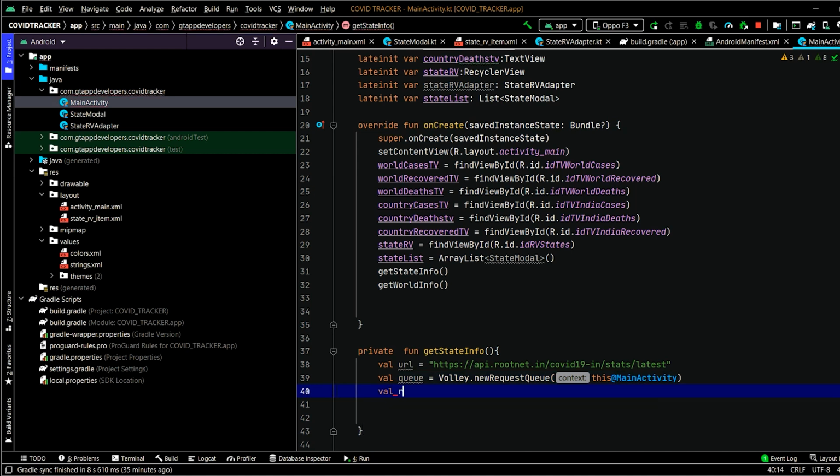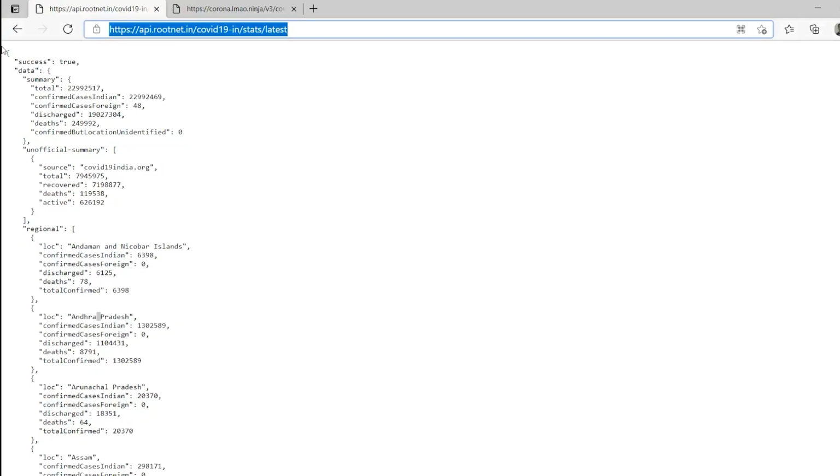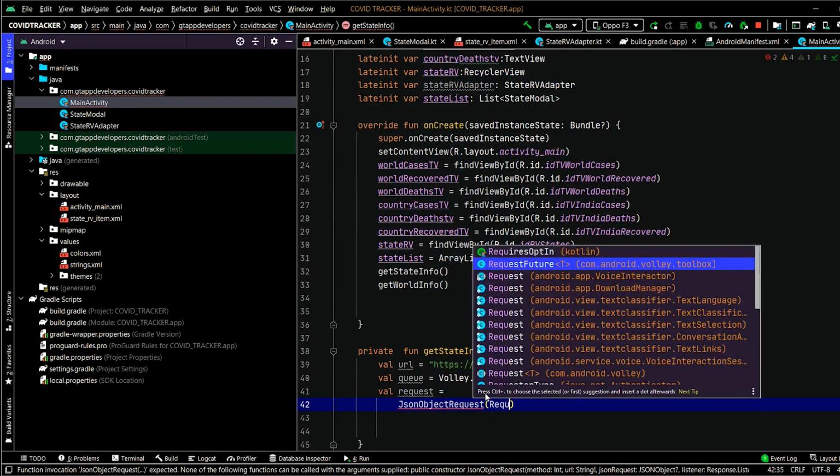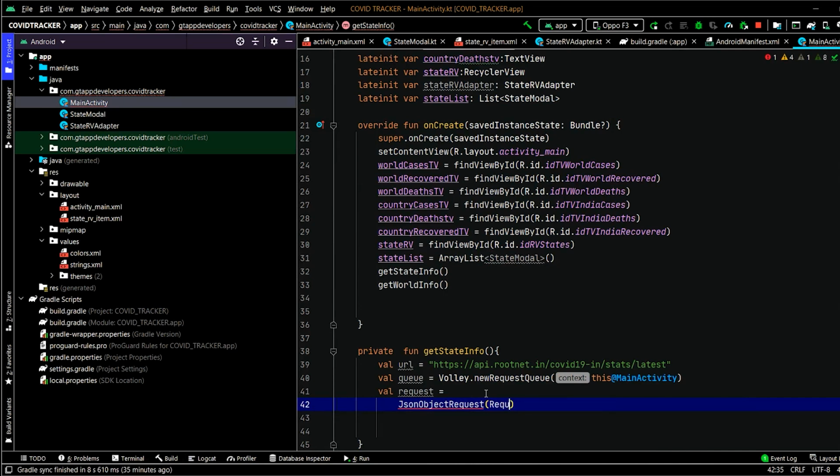After that, we have to create a new variable for request. We are making JSON object request. Inside the response, we will get to see that here is the JSON object, that is the curly bracket means the JSON object. So we are making the JSON object request. As we are making a get request, so we will specify the request dot method dot get.